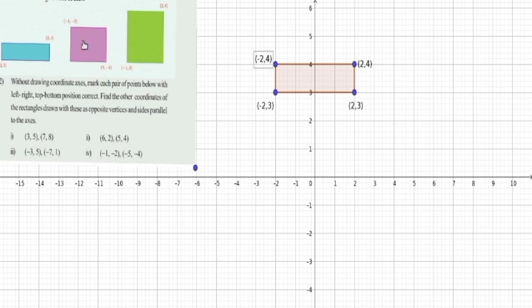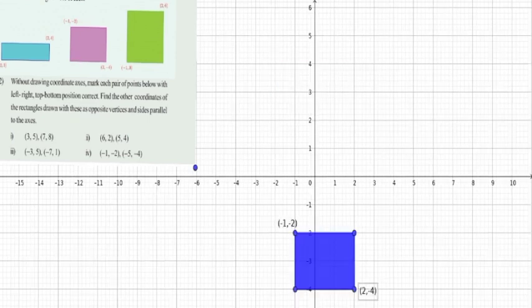Now we are going to do the second one, this purple rectangle. Let us do that. This is our second rectangle. One coordinate is (-2, -1)... the point (-1, -2) is in the third quadrant, that is, both numbers are negative, which means third quadrant. The opposite vertex (2, -4) is positive, negative, so it is in the fourth quadrant.